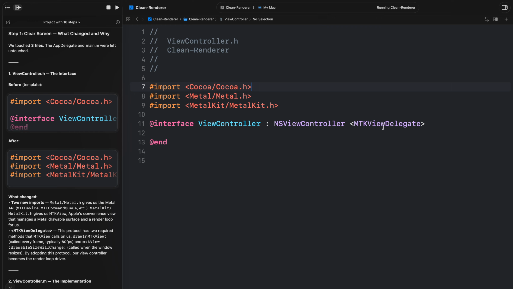This protocol has two required methods that MTKView calls on us. Draw in MTKView is called every frame, typically 60 frames per second, and drawable size will change, called when the window resizes. By adopting this protocol, our view controller becomes the render loop driver. For our intents and purposes today in 2026, let us just say that this MTKViewDelegate